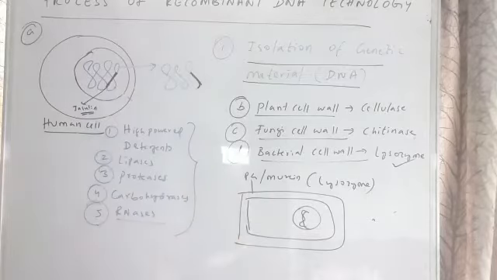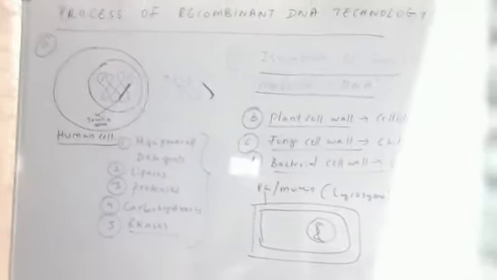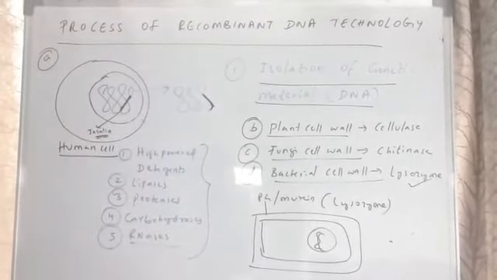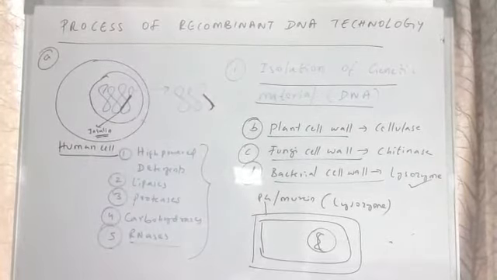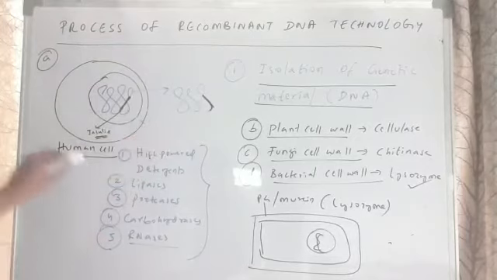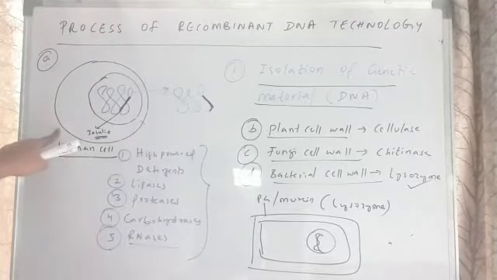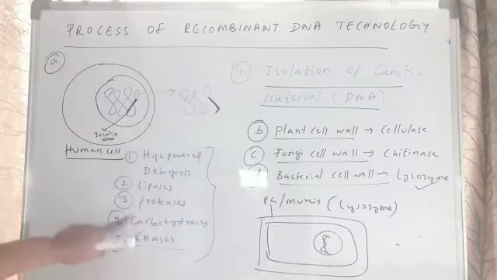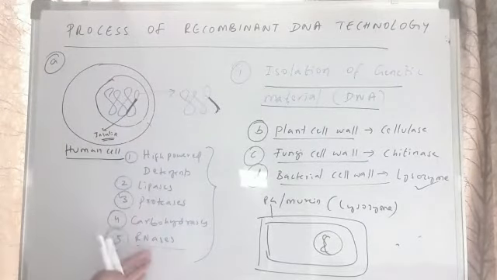Because an animal cell or a human cell does not have a cell wall, here we did not use any sort of enzyme to break the wall because there is no wall, right? So in a human cell or animal cell the cell wall is absent. That is why we did not use any kind of enzyme. We are using enzymes to break the plasma membrane and other membranes, and RNA, carbohydrates and all this, by using these enzymes and these high powered detergents. So let's see the mechanism.